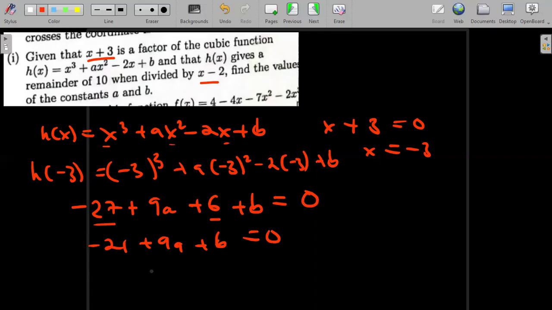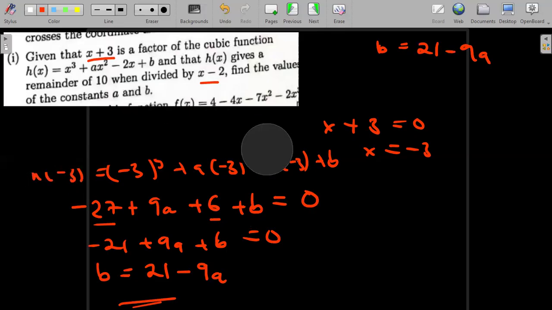Then from here I can write this function in terms of b. So I'll make b the subject: 21 goes the other way, then I'll have minus 9a. So I've written it just in form of b, and I'll keep that equation here to say b is equal to 21 minus 9a. The next step is